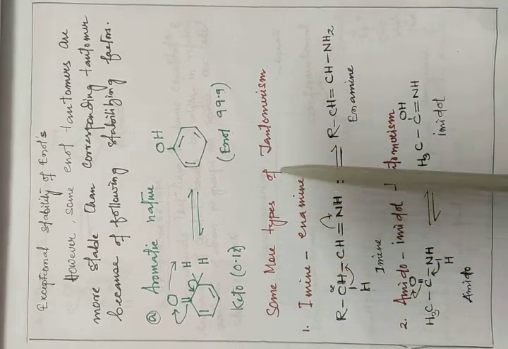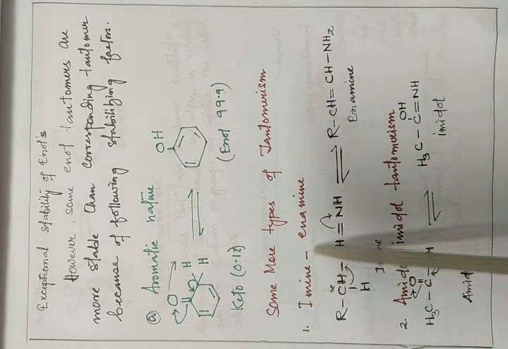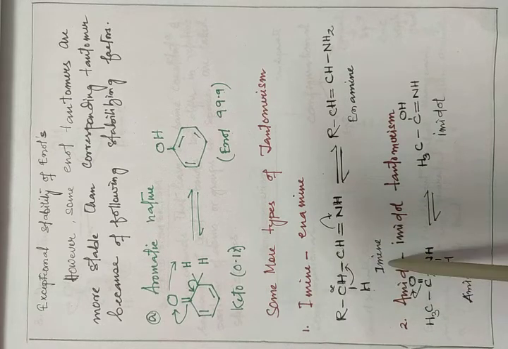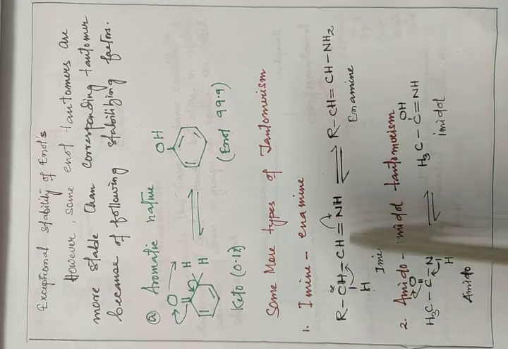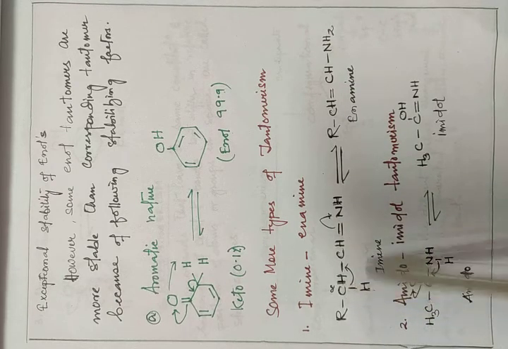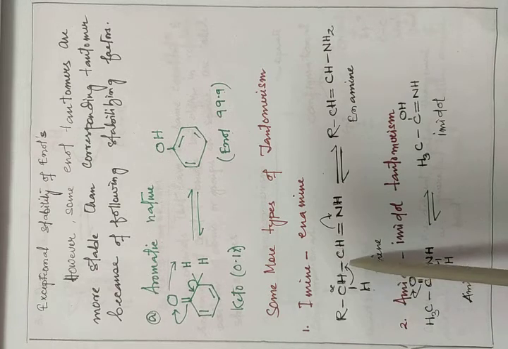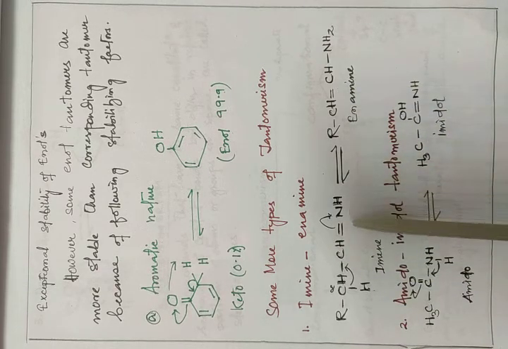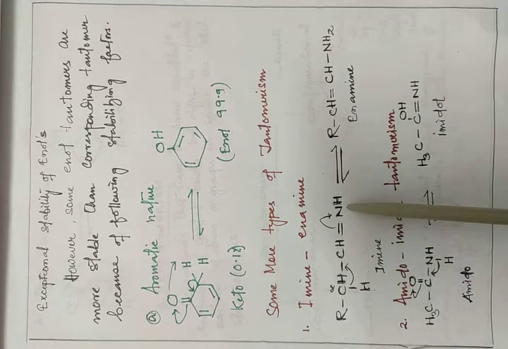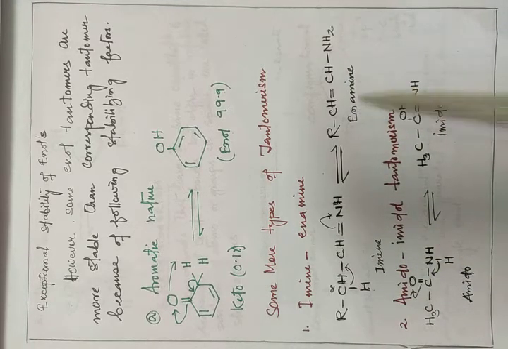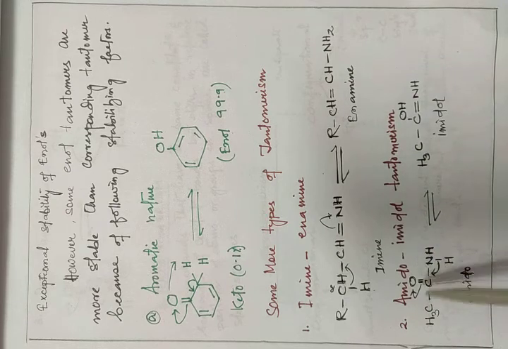Now some more types of tautomerism. Number one is imine to enamine. So now imine, here an alpha hydrogen is there. This is the functional group of an amide. So the alpha hydrogen is there, then given to here, then the double bond will come to here, then that elimination, that one will connect to here, that means NH2. So enamines will form.